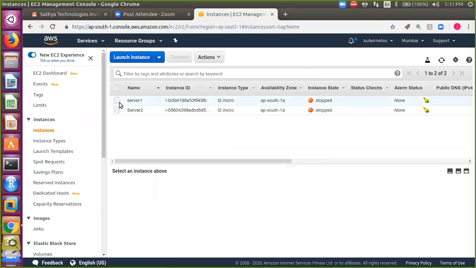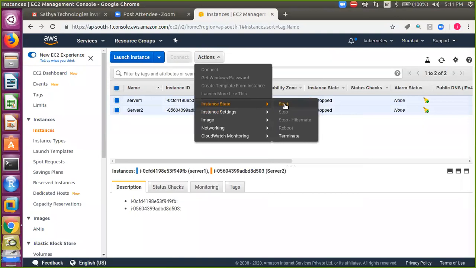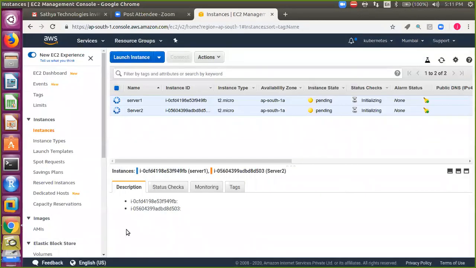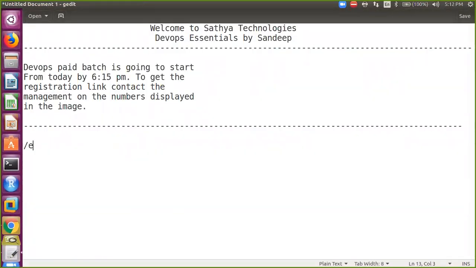Yes, right. So, how to connect from one server to another server by using host names, right? If you want to connect by using host names, what you need to do? You need to make an entry in the /etc/hosts file, right?